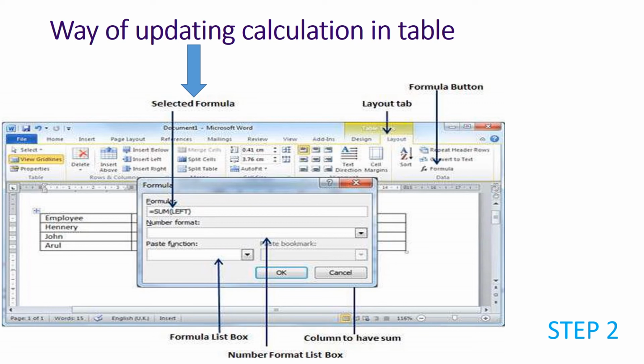Now sometimes you may change the data or add any new data in the table. For that, Word provides the facility to update the changes also. You need to follow some steps. Select any cell and change its data. Then you will select the data of the cell where the total sum is to be displayed. After that, you will press F9 key, which is on your keyboard. You will press F9 key and observe that Word automatically updates the calculation. You can also try this for updating the calculation in a table.